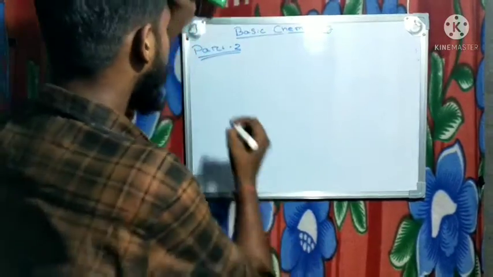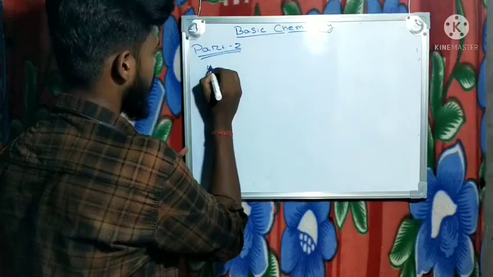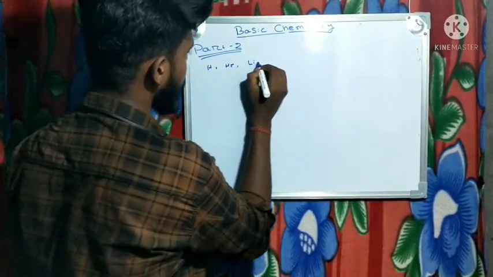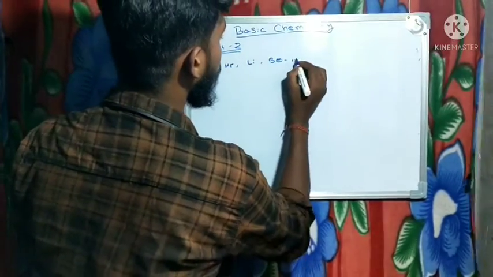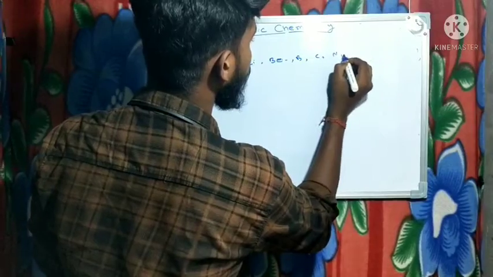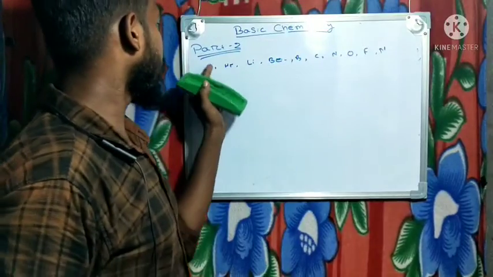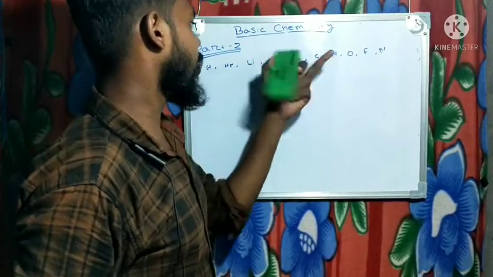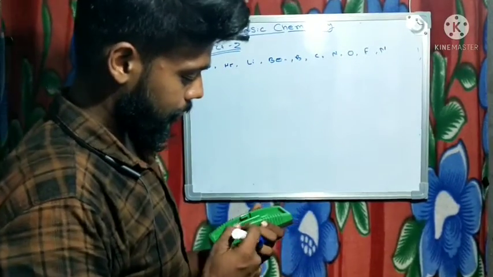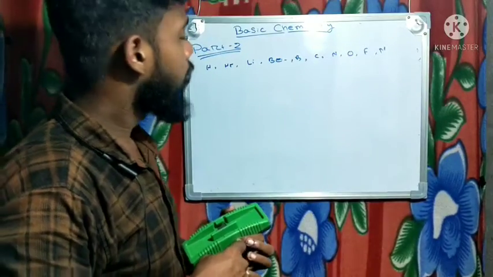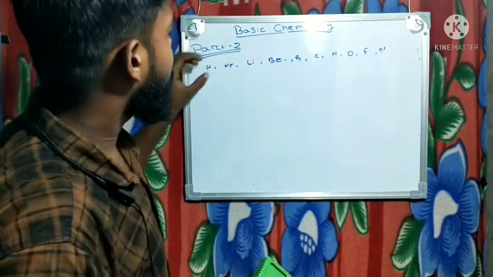As we know, the elements are hydrogen, helium, lithium, beryllium, boron, carbon, nitrogen, oxygen, fluorine, and so on. We can write them in this order. Yes, we can, but after the discovery of the elements and the analysis by scientists, everyone came to know that these should be in a proper format.